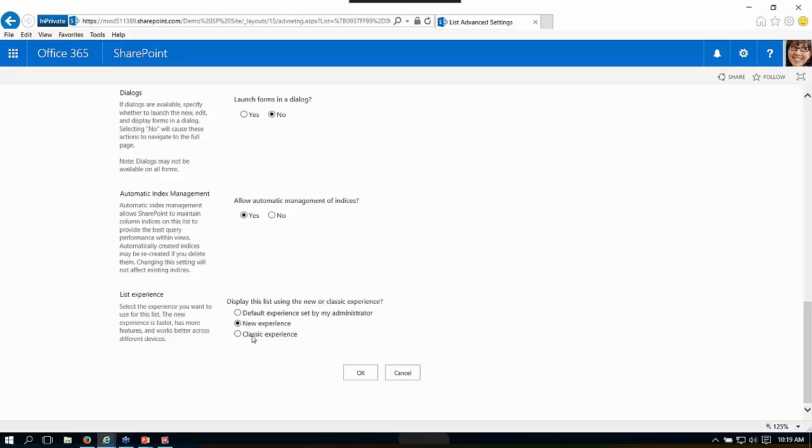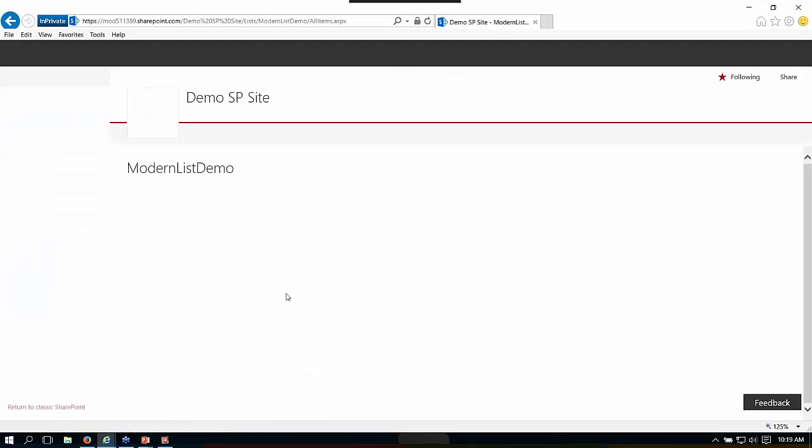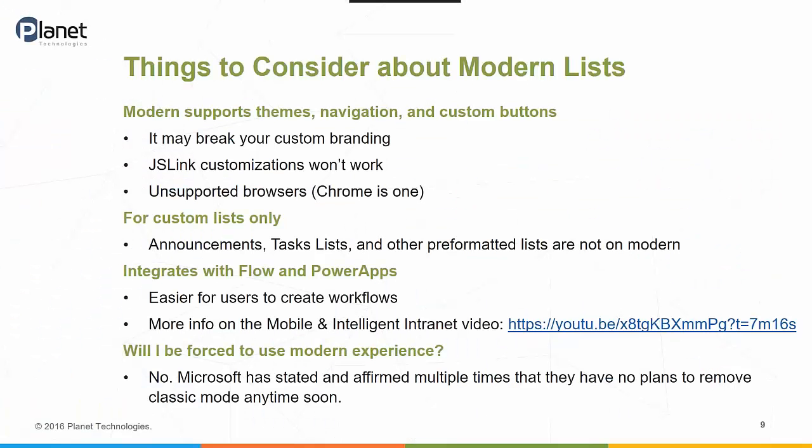So if I was creating a new list and I knew that it had components that were not going to work with modern, that may be something you want to come in and change. Again, of course, users can always default to classic by using this lower left-hand link here, but then as you saw in my previous browser, once I switch back to it, you have to close out the browser to get back into modern experience. So I'm going to go back to my presentation,